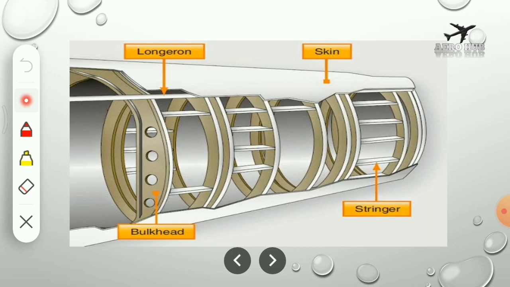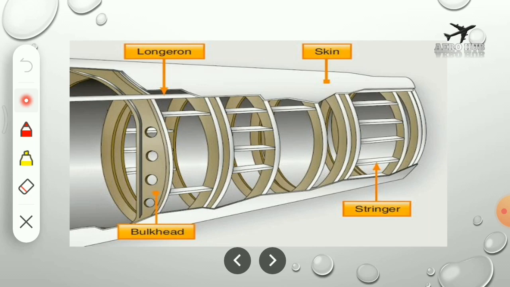One more important point is while you arrange the frames, the distance between two frames should be minimum. If the distance is increasing, the buckling of the skin will also increase. So it is always advisable to reduce the length between the two frames. You have an optimum length, and the arrangement of longerons will also reduce the buckling of the skin. The main important functions of the frames and stringers are to reduce buckling and to transfer the load.